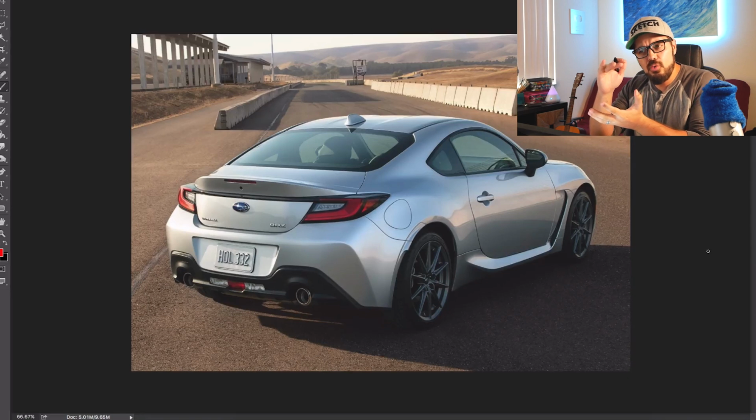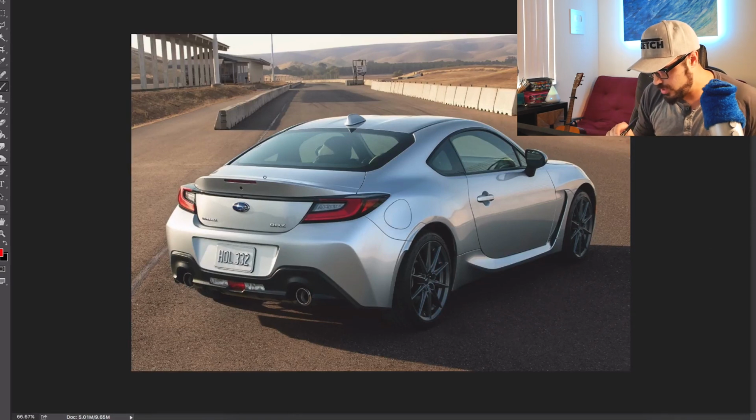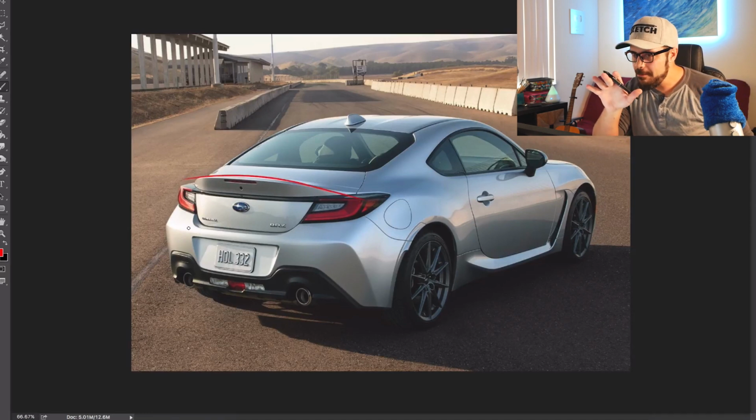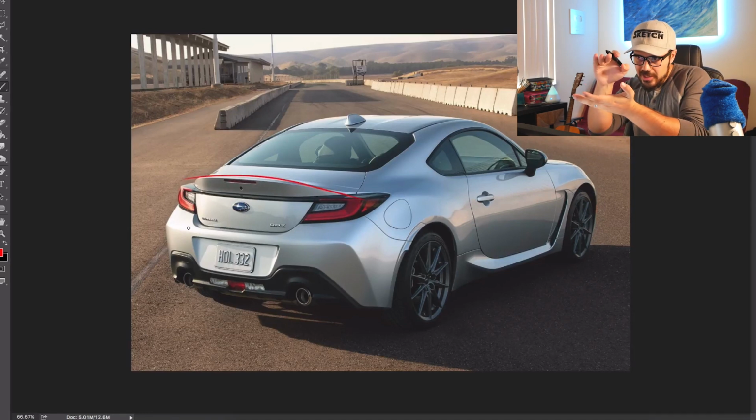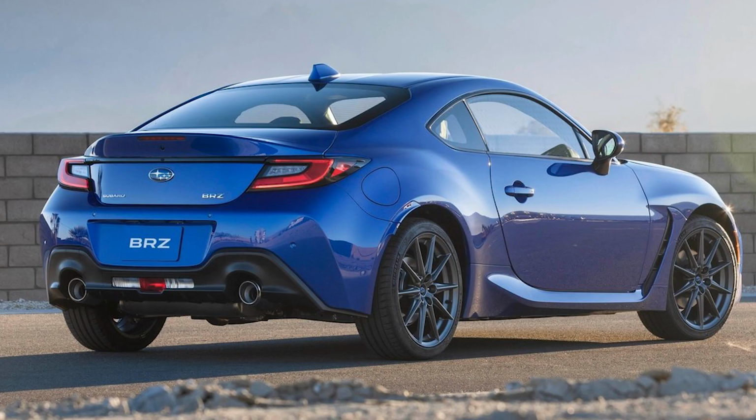They didn't go easy with the ducktail here. They really integrated it and made it solid and made it significant right here. You can see how it stretches up here. It doesn't look that big from this angle, but if you go a little bit lower, you're gonna see that it actually pops up quite a bit right here,